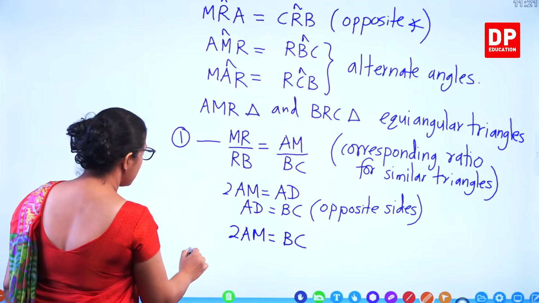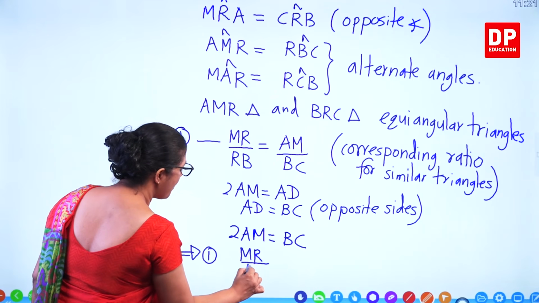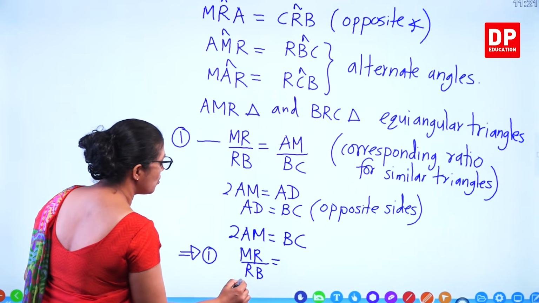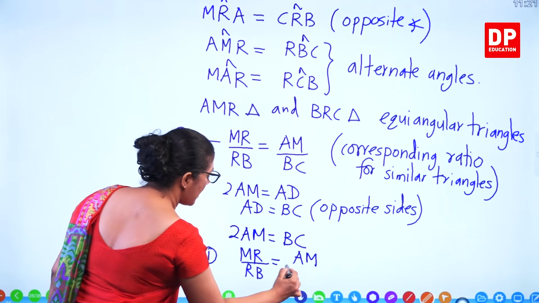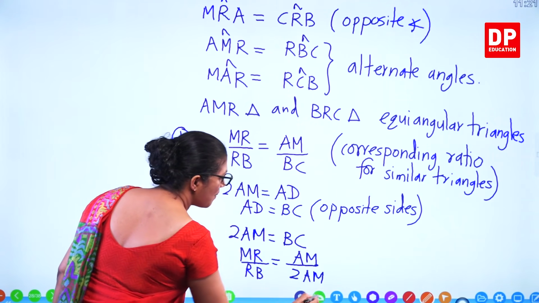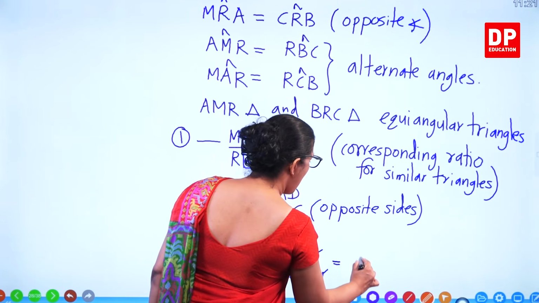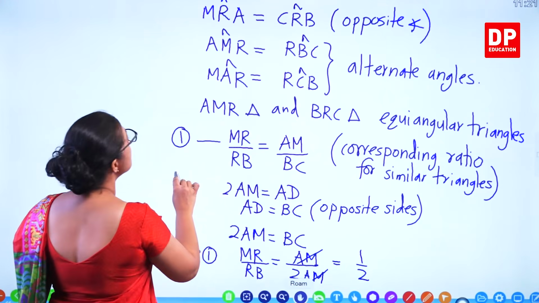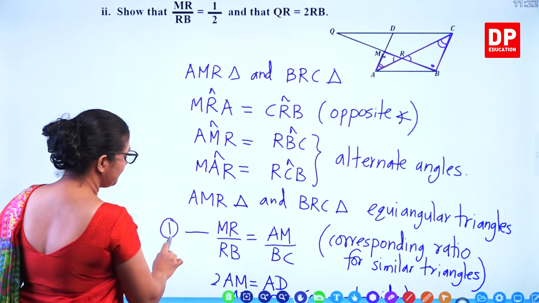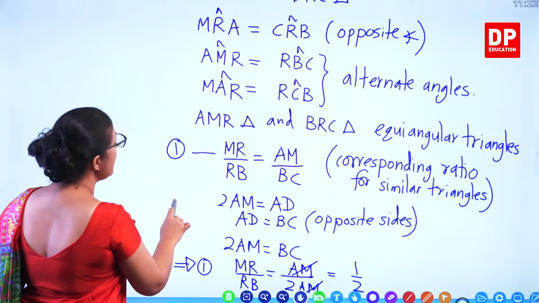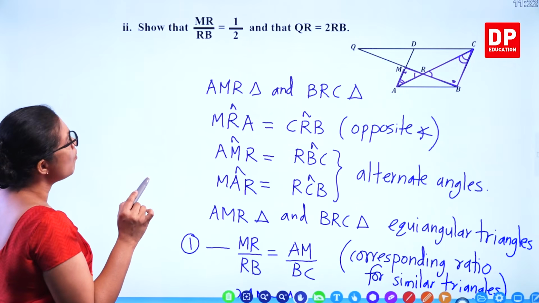So we can take the first one and substitute. MR to RB is equal to AM over, instead of BC, I can write 2 times AM. AM gets cancelled out, so you get half. So that's what we need here. MR to RB is half. That's the first part. And you have to show that QR